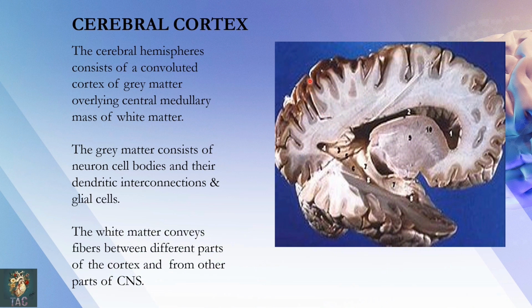So in this diagram you can see the outer convoluted darker color area is the gray matter and the inner lighter color area is the white matter. The gray matter consists of the neuronal cell bodies and their dendritic interconnections and glial cells, also called the neuropil. The white matter conveys fibers between different parts of the cortex and from other parts of the